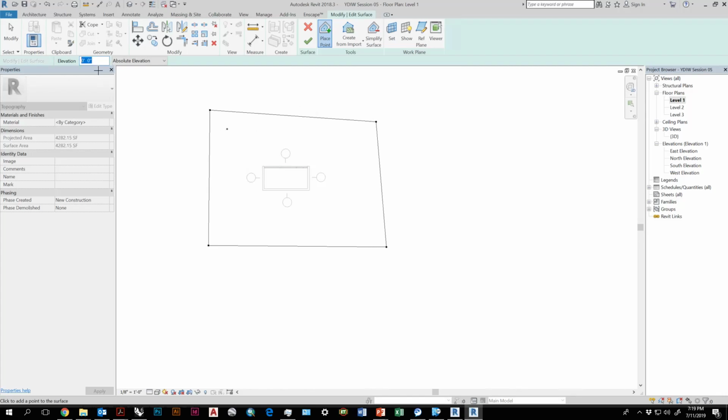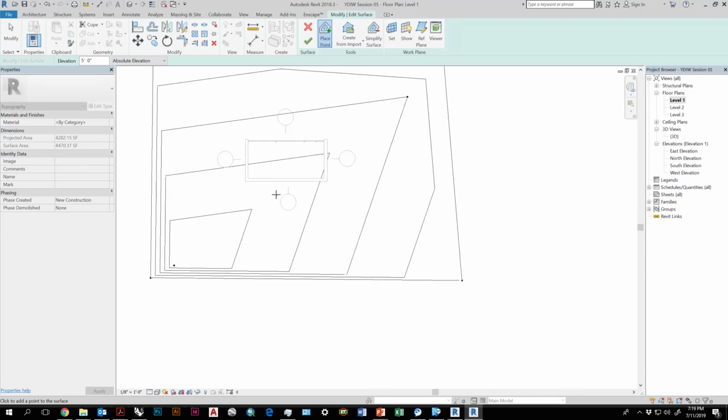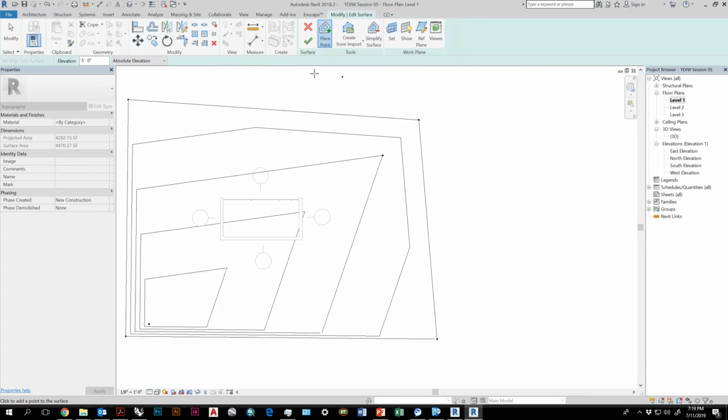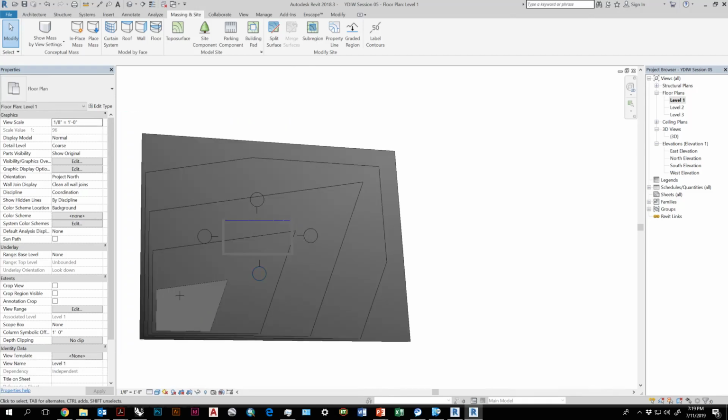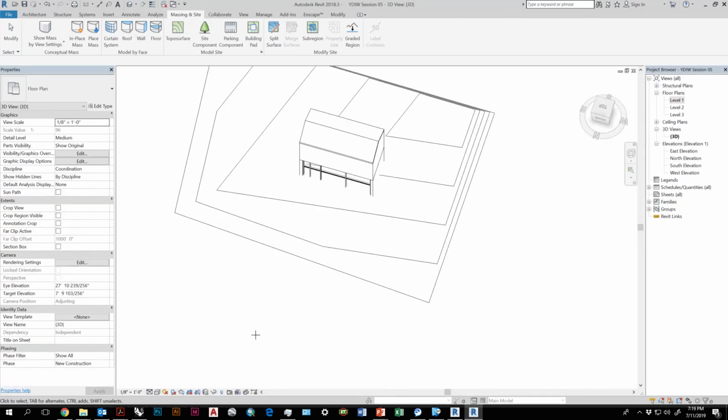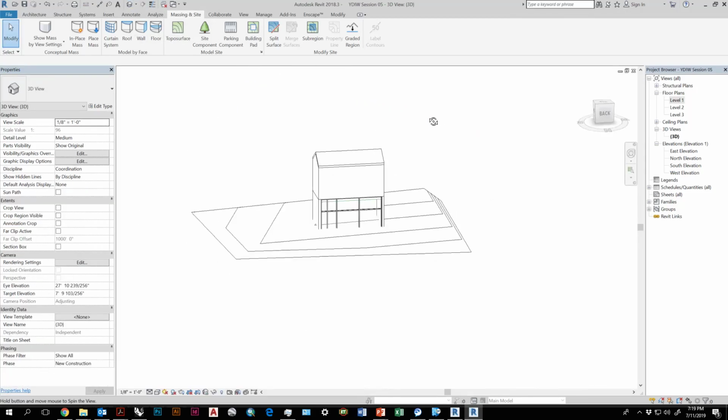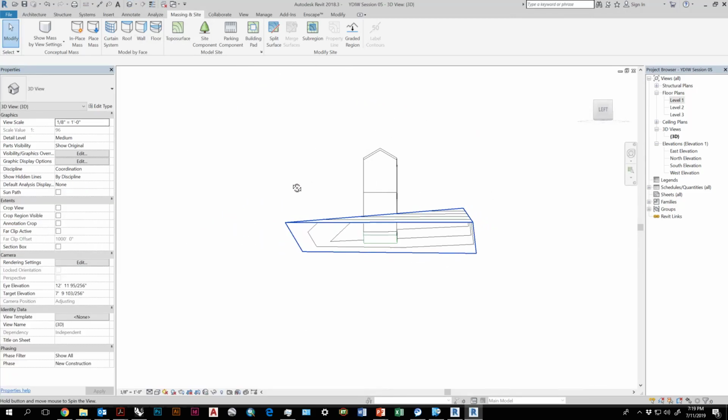The next point I'm going to want at, let's say, 2 feet. So I can place that there. And now I'm starting to create some topo elevation change. And I'll also talk about building pads, which are super important. We'll hit the check mark and go into shaded view. So now I've created some topography.